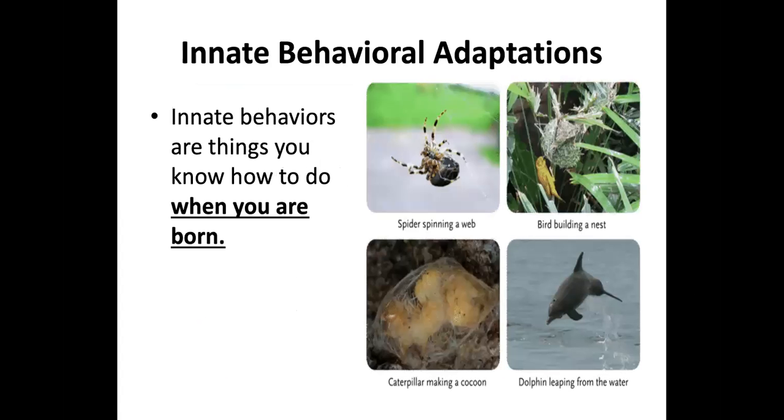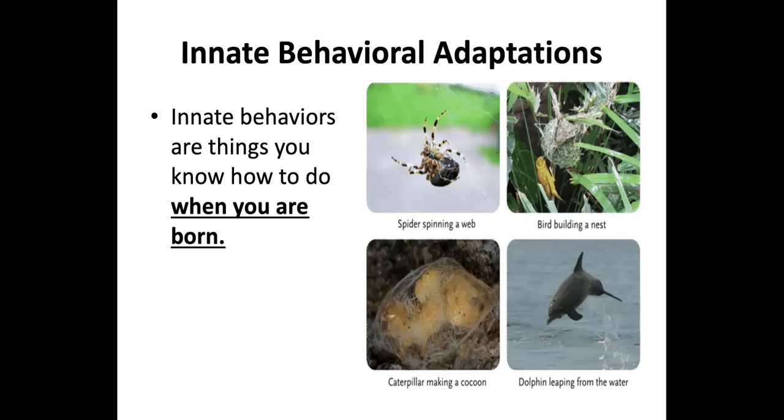The first is an innate behavioral adaptation. Innate behaviors are things you know how to do when you're born. These are not things that you learn. You just know how to do it. What's something that we are born knowing how to do that we don't learn? Cry. Blink. Blinking, right? Do we learn how to do those things? It just happens, right? So those are known as